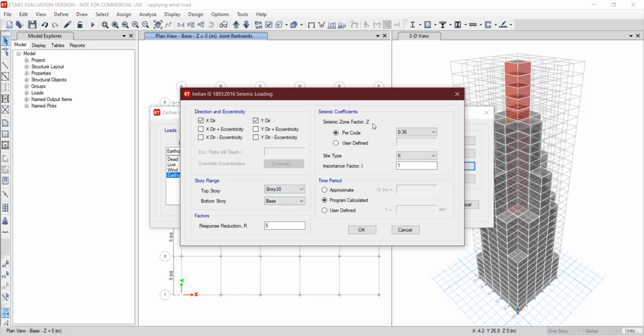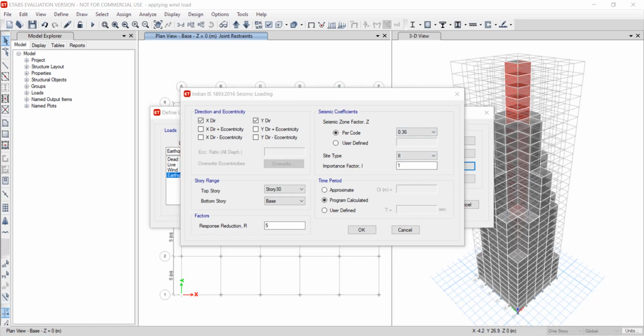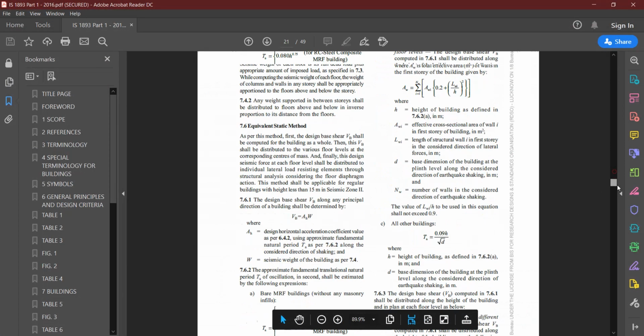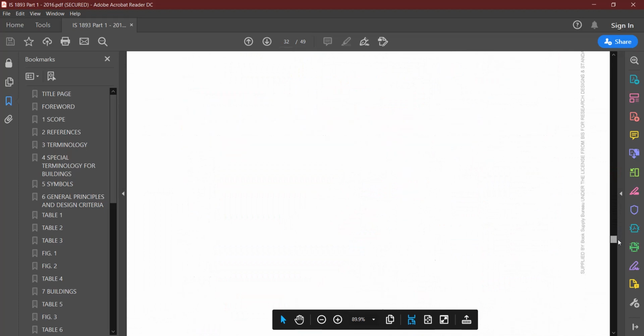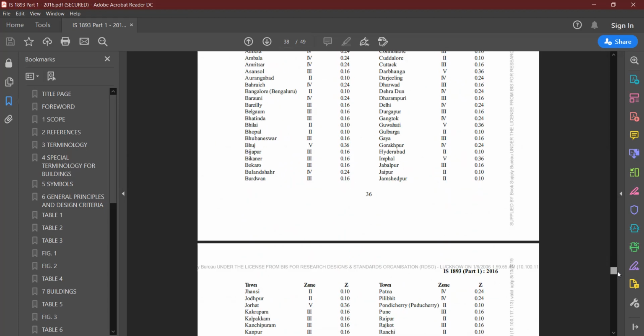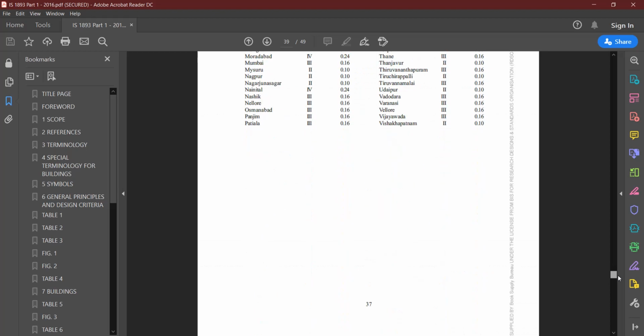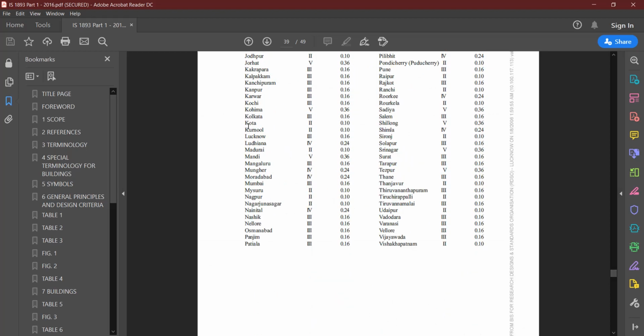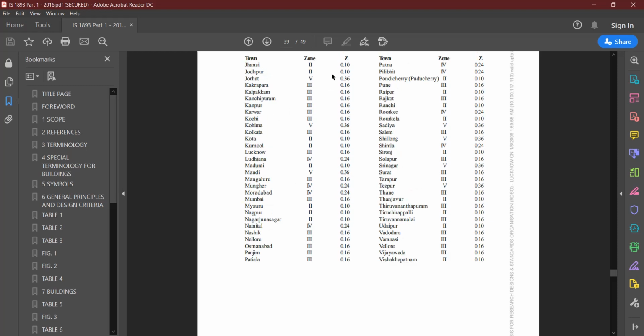Seismic zone factor, for that you have to refer to the IS code. I will go to the IS code, and on page number 37, as our building is situated in the Mumbai region, the seismic zone factor is 0.16 for Mumbai.